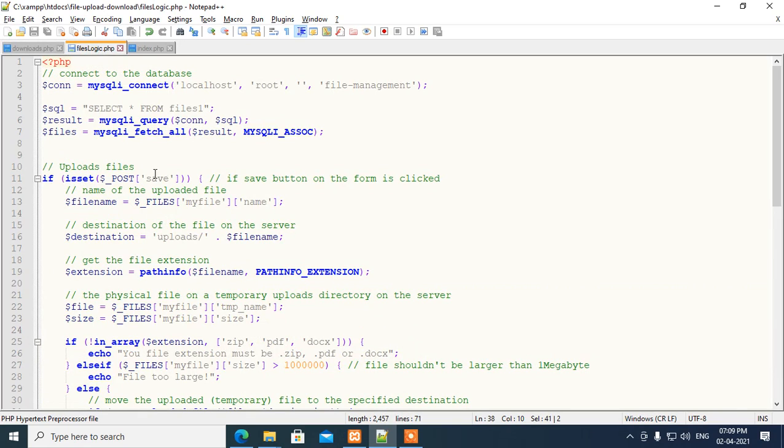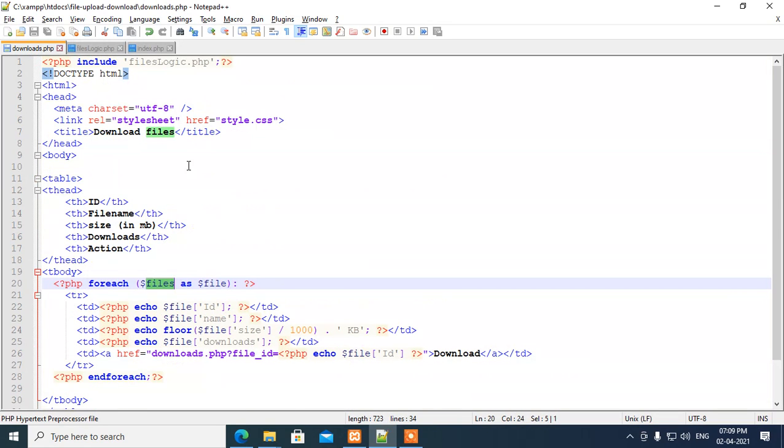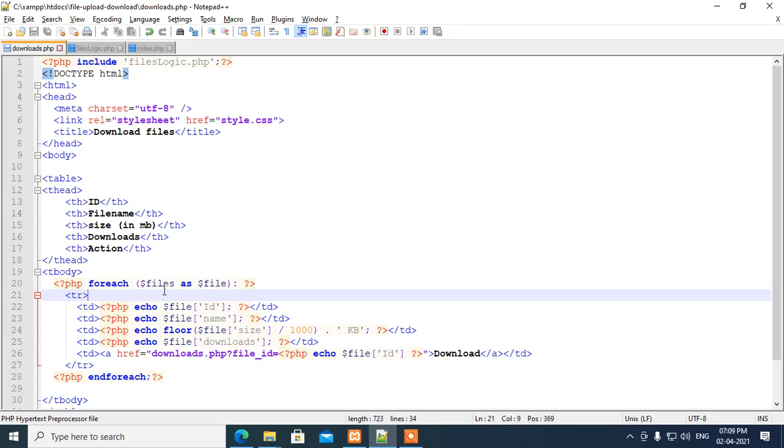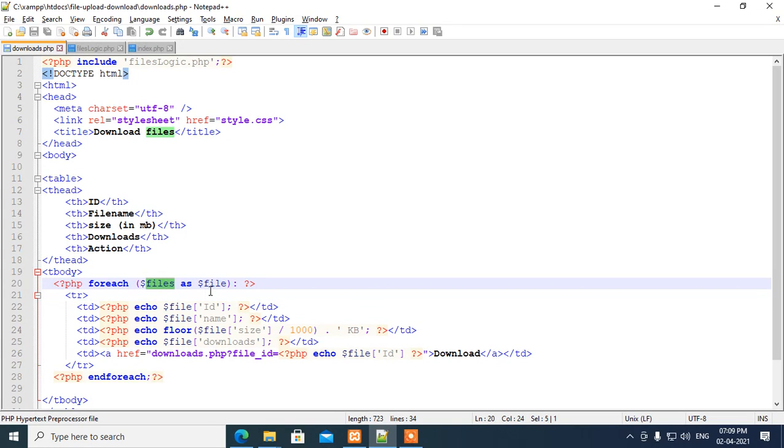At the top of the file logic file, I fired one query: select star from files, which means it selects all the records from the files table and stores them into result. After that, I fetch all the data using the mysql_fetch_all function and store it into files, and that files variable I use here.